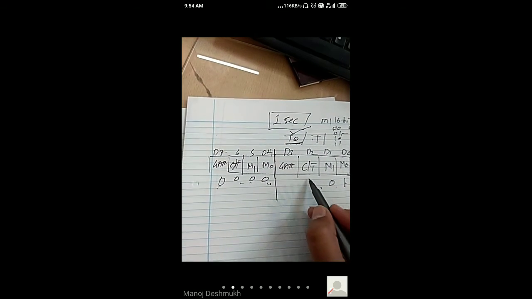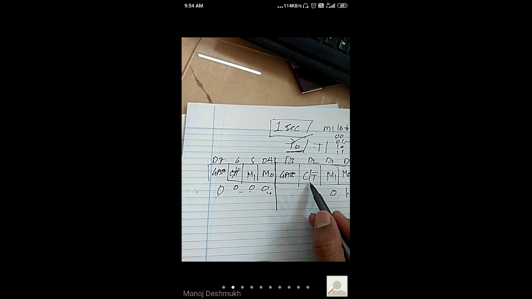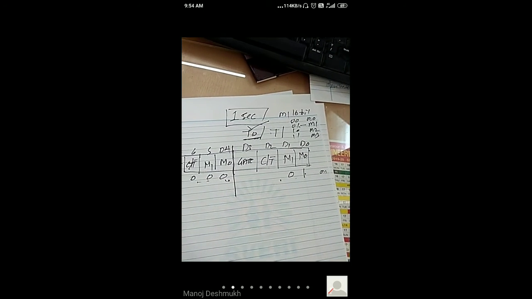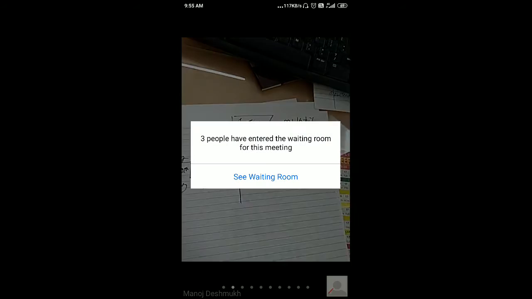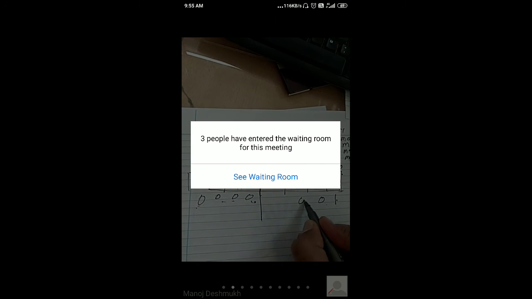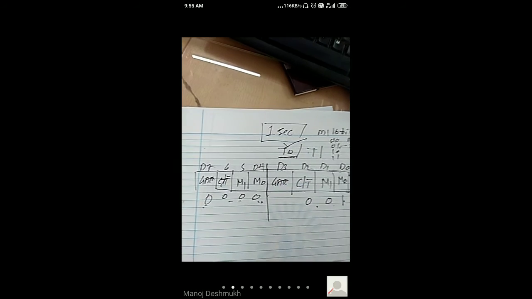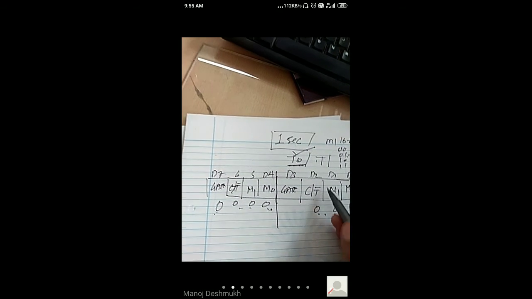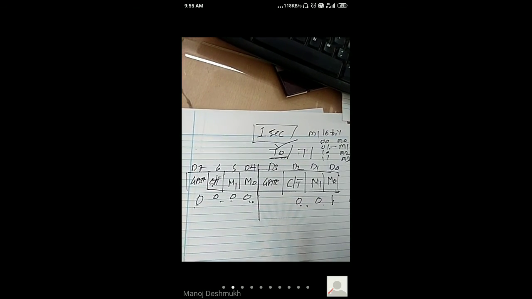After that, if we want to use it as a counter, that is counting external pulses, make this bit 1, or if you want to use it as a timer, then make this bit 0. So this bit is 0, as we are requesting to use it as a timer, counting the internal oscillator pulses. So C/T bar becomes 0.